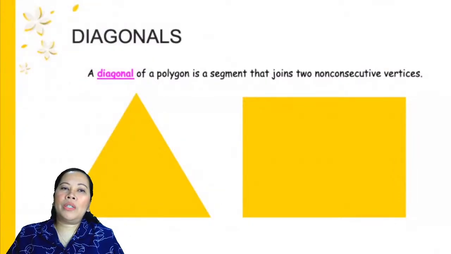So if we talk about diagonals, it's a segment that's joining the non-consecutive. Since it's non-consecutive, that means that it's not